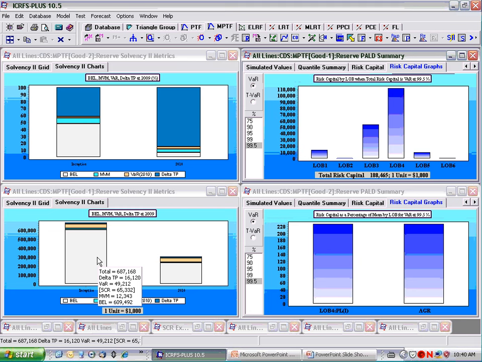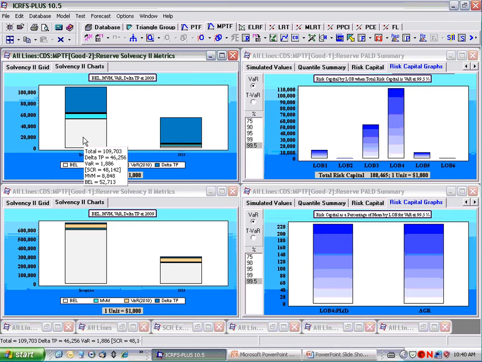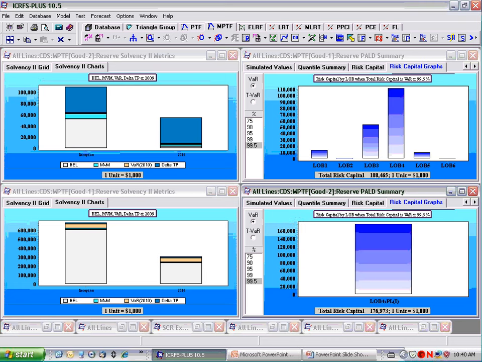So the SCR, based on the one year risk horizon, is much less than the VAR of the aggregate, which is 188.465 million. It's about a third. For LOB4, looking at percentages, the SCR is 48 million, versus the VAR of the aggregate of 176 million. So this is a great example of risk diversification credit, both based on VAR of the aggregate and on calculating the solvency capital requirement with a one year risk horizon, both for a single line, which is the most volatile amongst the lines, and for the aggregate of six lines of